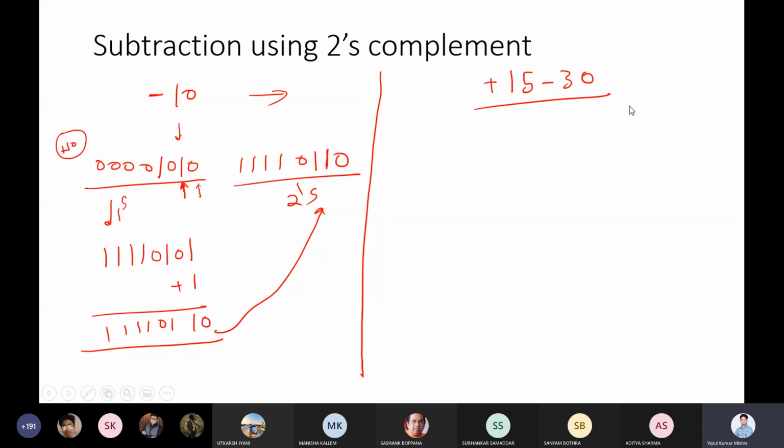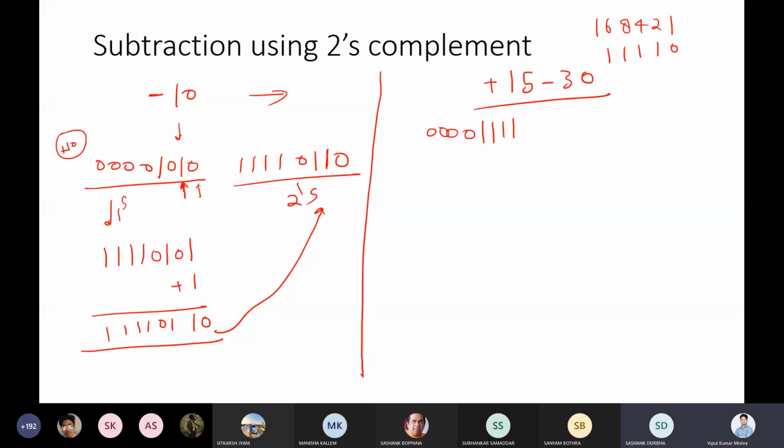Yes, have you done? So what is the 2's complement for plus 15? It will remain the same as 15, so it will be 1 1 1 1, and then the remaining will be 0. What about 30? So you have to map 16 8 4 2 1, 4 times 1 0 1 1. Yeah, sir, 2 also 1, sir. 1 1 1 0 0.